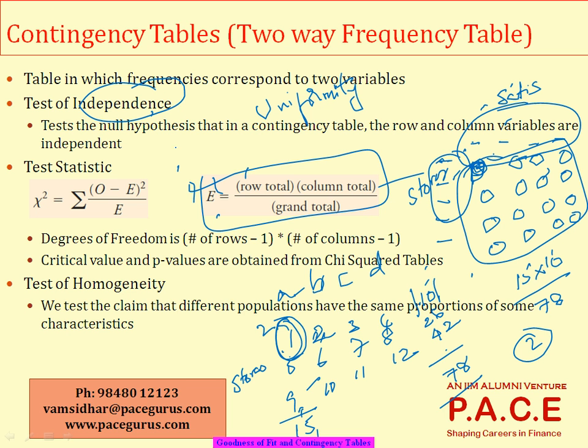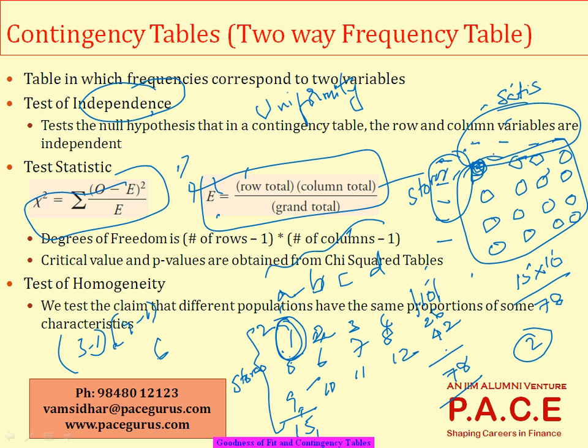And after that the chi-square analysis is still the same, but the degrees of freedom in this case is number of rows minus 1 into number of columns minus 1. So there are 3 rows and 4 columns, so the degrees of freedom will be 3 minus 1 into 4 minus 1, which is 2 into 3, 6. So the degrees of freedom in this case will be 6,